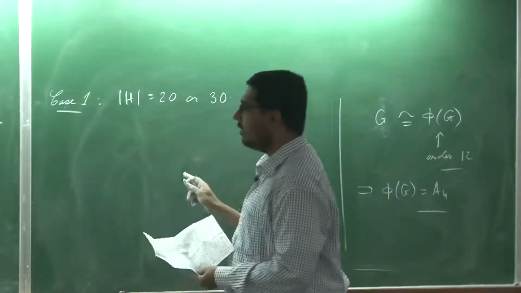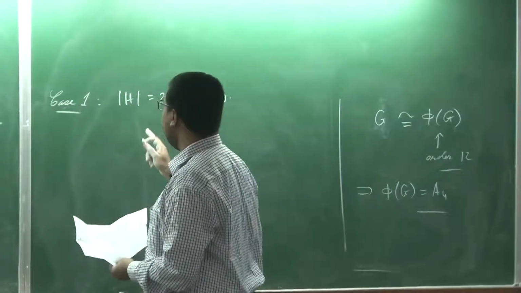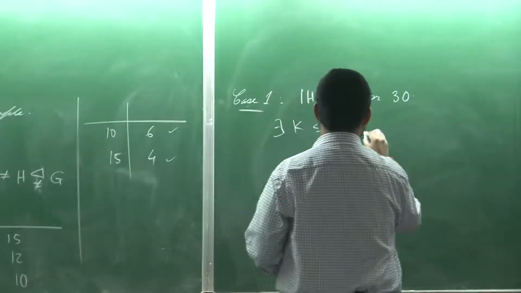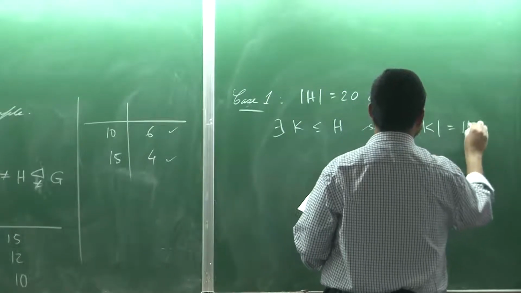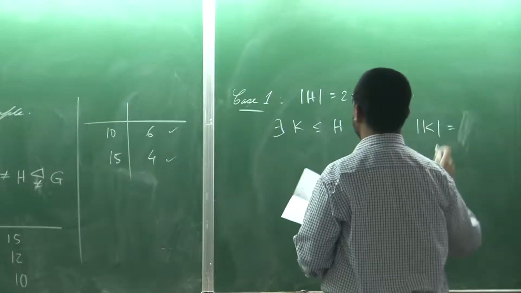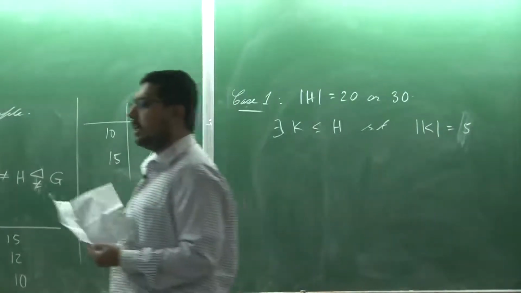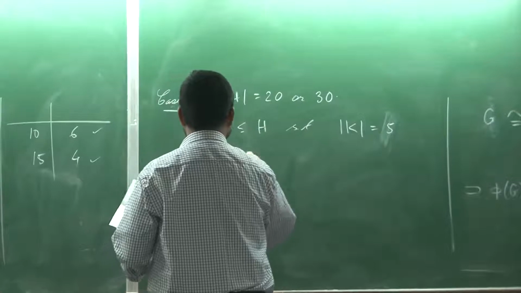So 5 divides H. That means H has a subgroup K such that the order of K is 5. So we choose a Sylow 5 subgroup of H, and then for any g in G, gKg inverse will be contained inside gHg inverse,